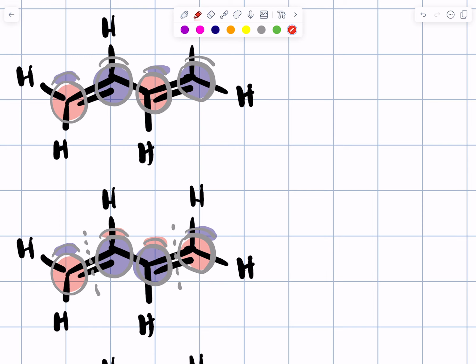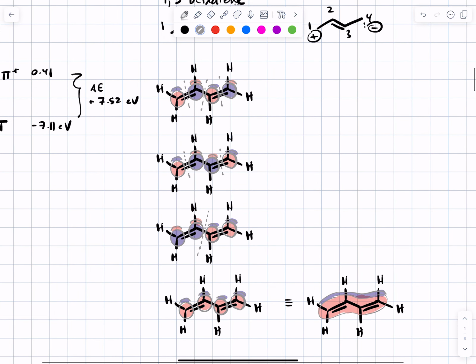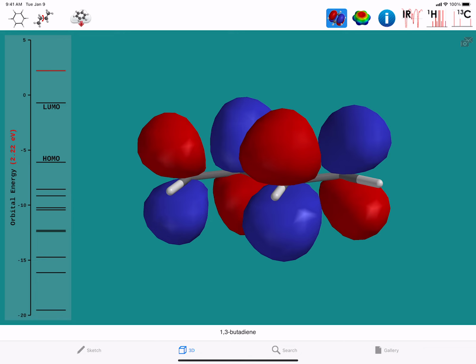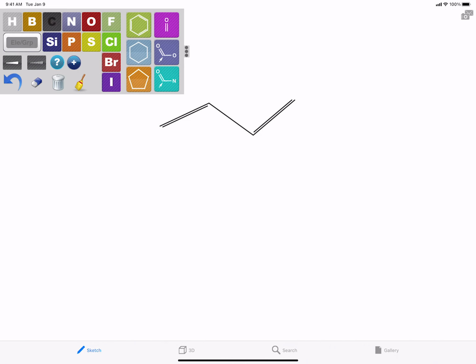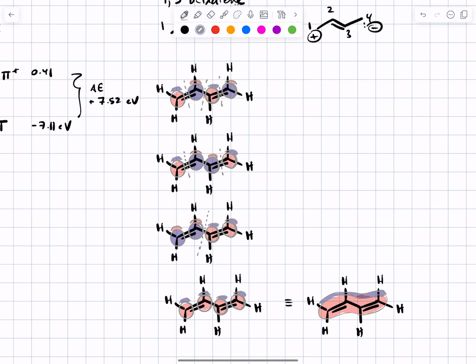So for this highest energy one, there's going to be a change in wave function sign between each of the carbons. And over in Spartan, that's this one. Okay? All right. So those are the 4 orbitals that you get when you mix the 4 p orbitals together